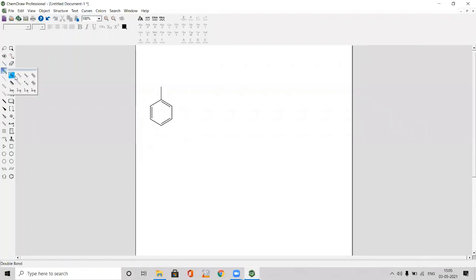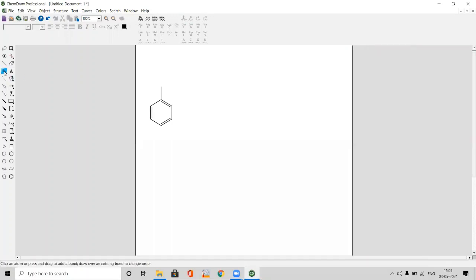You will get various kinds of bonds. So like this. Now we need a triple bond. So I'm releasing the pressed mouse key by placing the cursor on this triple bond. Simply I will remove my hand from the mouse so that it will be selected.